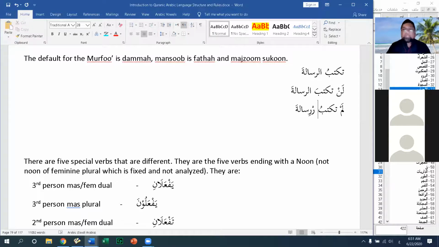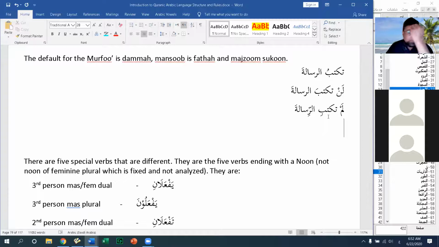The reason we don't put a dhamma is because we don't want you to think it's marfu. The reason we don't put a fatha is that we don't want you to think it's mansub. So we put a kasra on it just for pronunciation, and it will be written like this: lam taktub al-risala. But the way we would analyze this, if I find an example in Quran, for example,